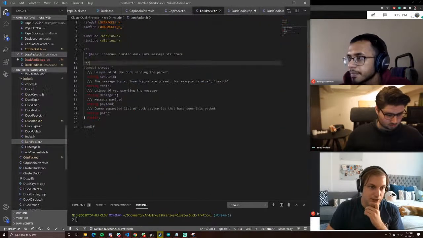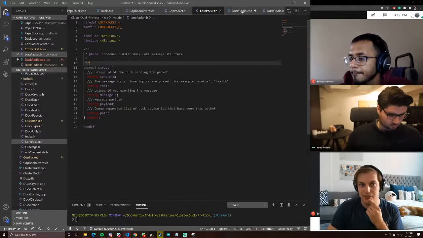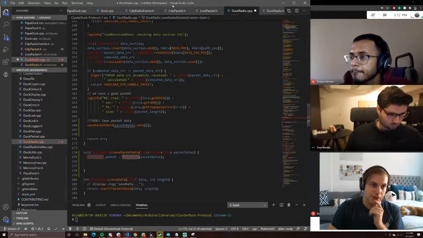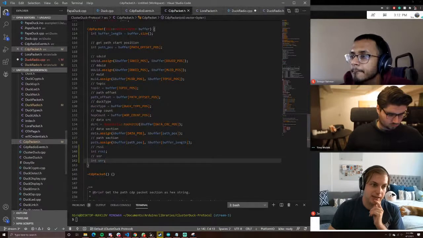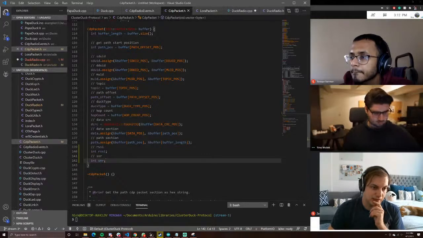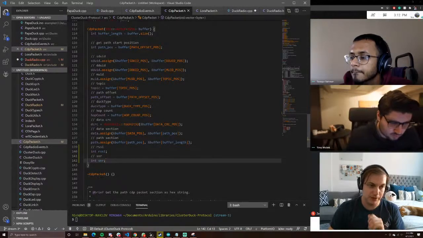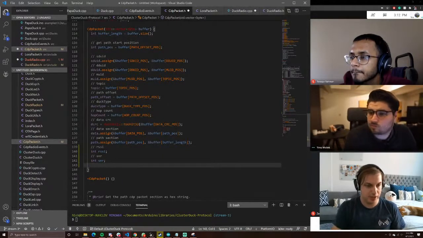We're not going to use the LoRa packet because a lot of information is missing in this structure. So we're going to use the CDP packet because it has all of the different stuff that we would need to rebuild the packet. So we have C error